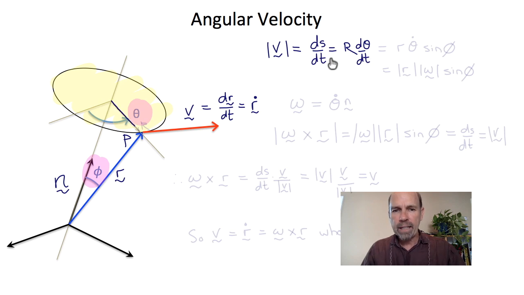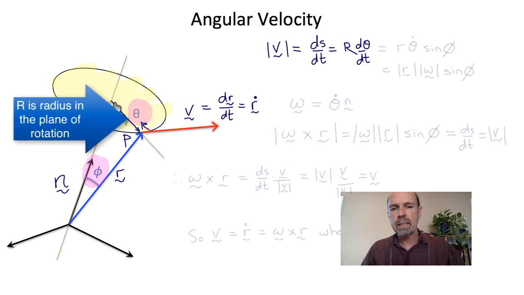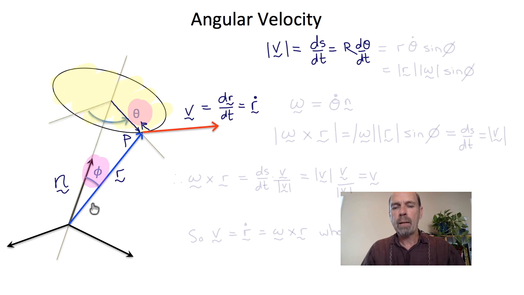Now r here is the radius in the plane of rotation of the point P, which is therefore r sine phi. So therefore ds/dt equals little r theta dot sine phi,